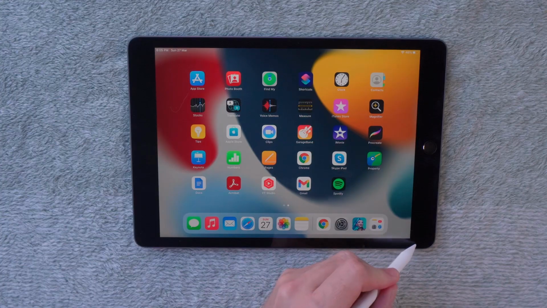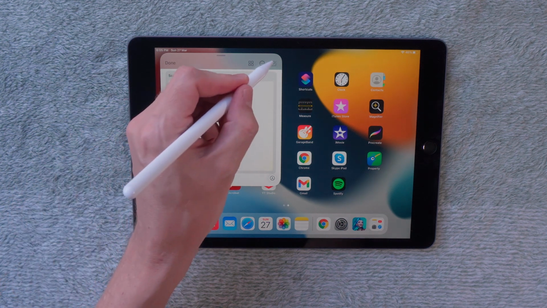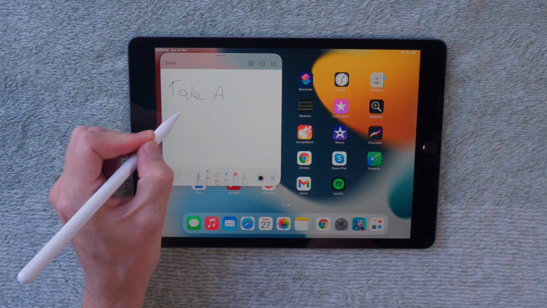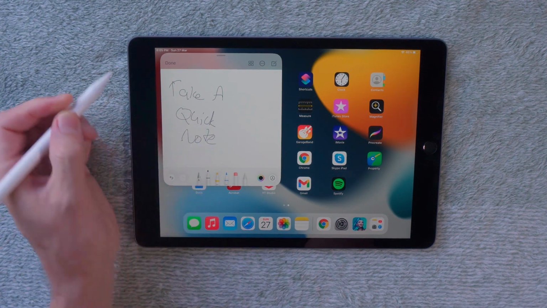Probably the best tip I can give you for the iPad is get a pencil, because it just makes it so much easier to use a lot of the features that the iPad has. Taking quick notes, for instance, swipe up diagonally from the bottom right of the screen and it brings up the Quick Note window, and then you can just make some notes of whatever you were thinking about at the time, click on Done, and it moves it out the way. Super easy. Try doing that with your finger.